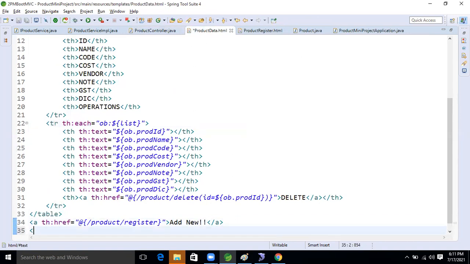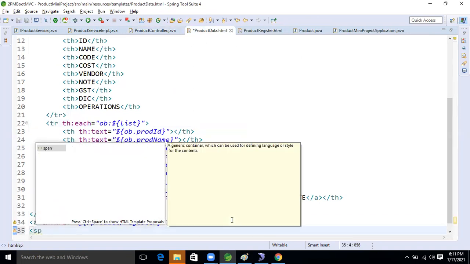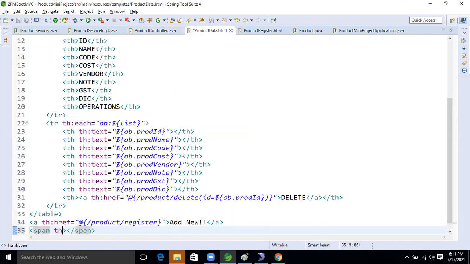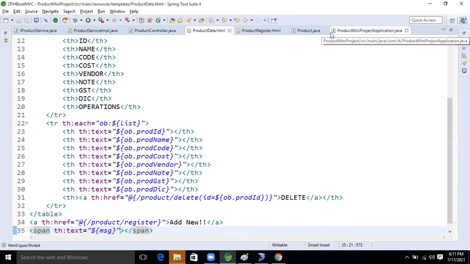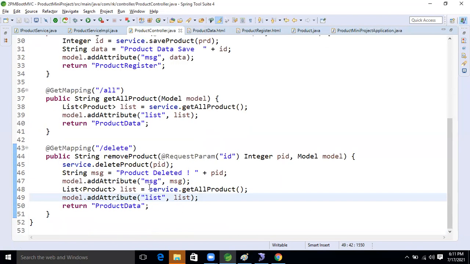I'm taking a span here with th:text equal to dollar symbol MSG. That's it, for reading the message, because this controller will expose this message, and I want to read it on the same page. So now, guys, everything is completed.